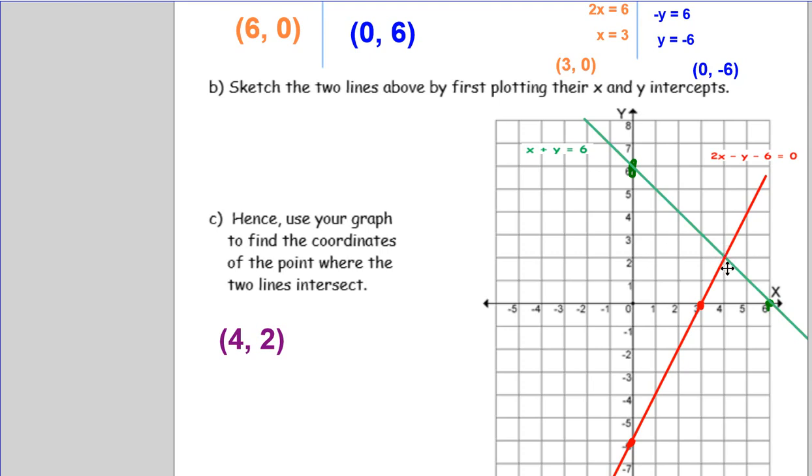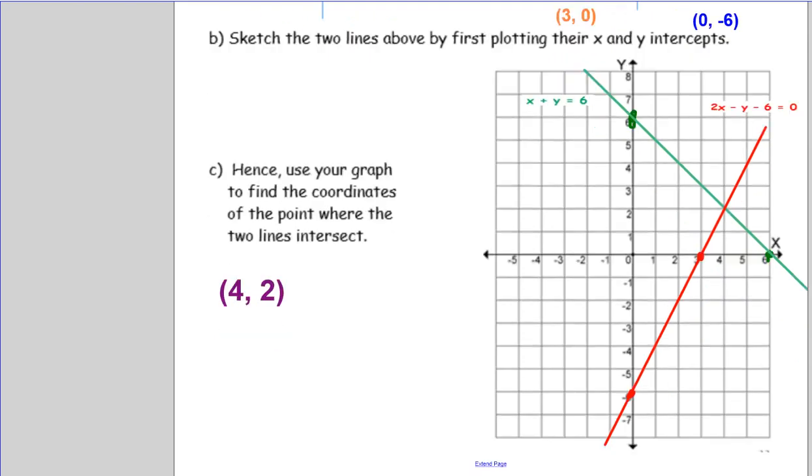So again, this graphing method for finding the intersection point is pretty rough. So you just write down your answer 4, 2. If you want to put an arrow just pointing out where you got it from, that's okay too. So this is just a little recap on the graphing method. So you find the x and y intercepts of both lines, plot them, connect them up, and find the coordinates of where they cross. Now on this one we're going to